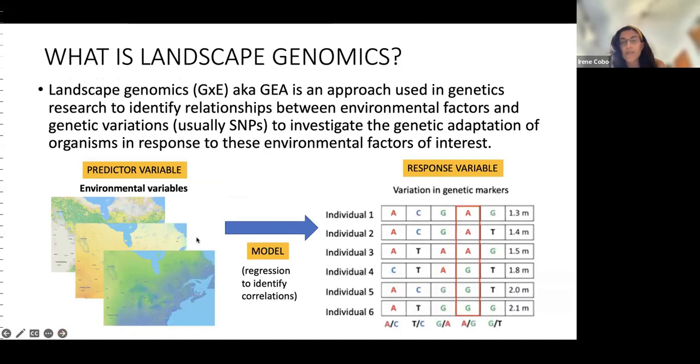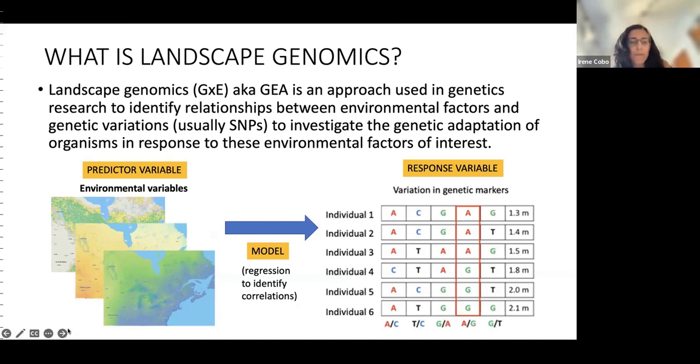And landscape genomics is very similar to genome-wide association analysis, but in this case, we are associating the environmental information with the genotypes of interest. So again, following the same example, if we are looking for genetic variants that confer drought resilience, we can just associate the genotypic markers with drought environmental conditions, with dry environmental conditions, in order to find potentially locally adapted genes